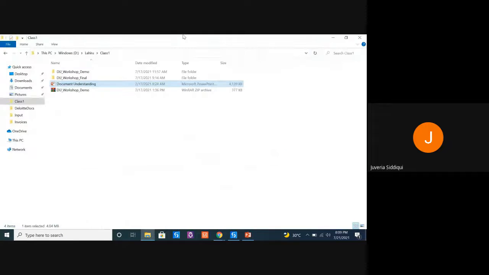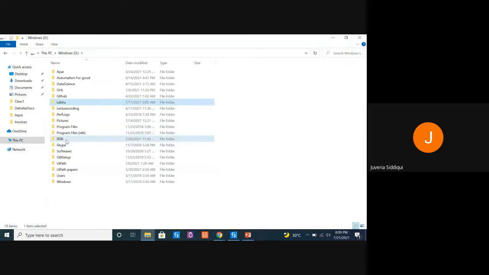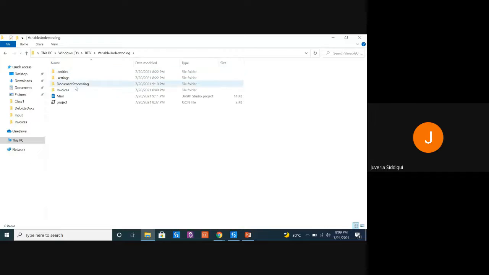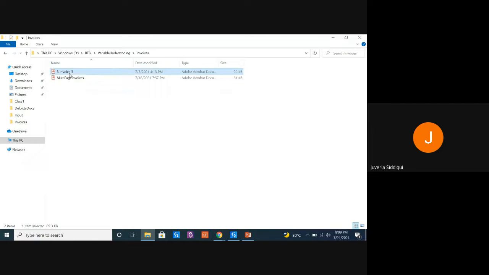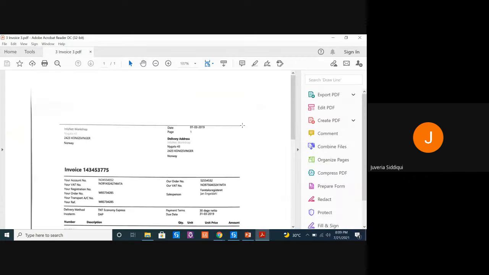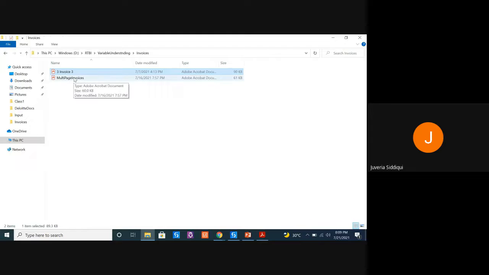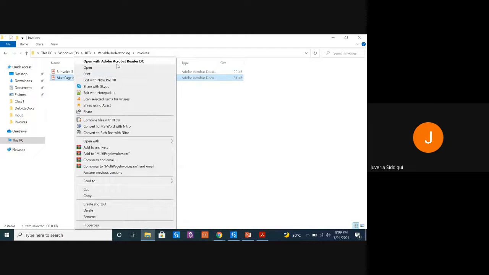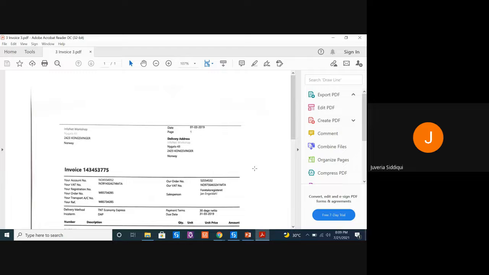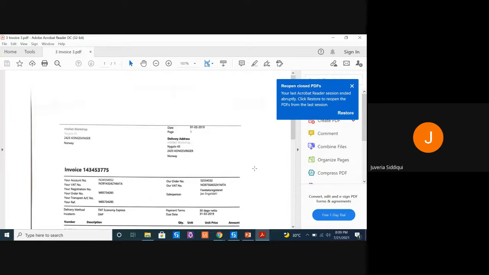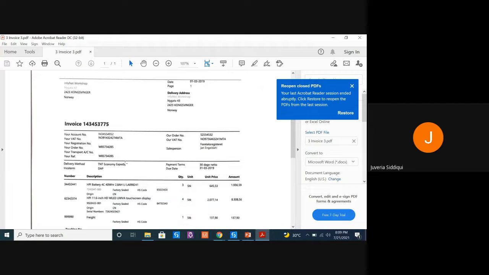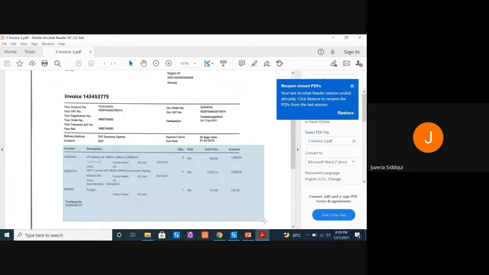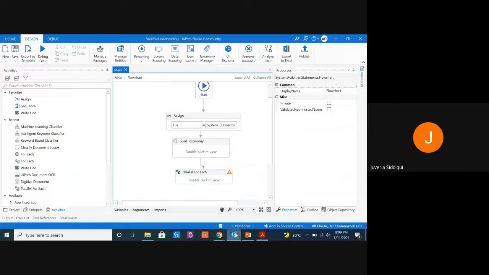All right. So every time I start my document understanding project, I always keep my documents, invoices, on which I'm performing or creating the code, open. So we are using two invoices. One is this, and the other we are using is a multi-page invoice. In this multi-page invoice, we have basically two invoices collated together in the form of a PDF. And from both the invoices, we are getting the date, the invoice number, and extracting this complete information. So now let's start.